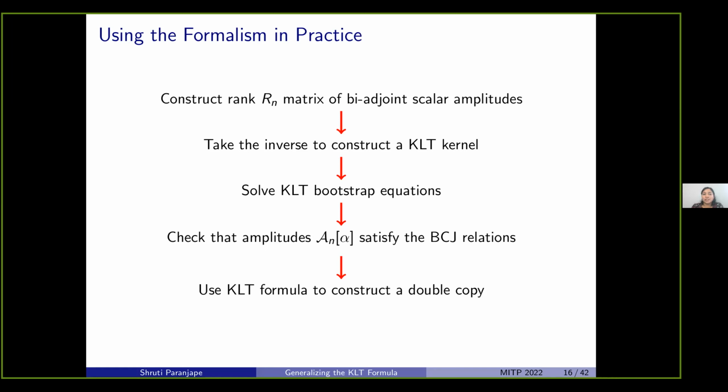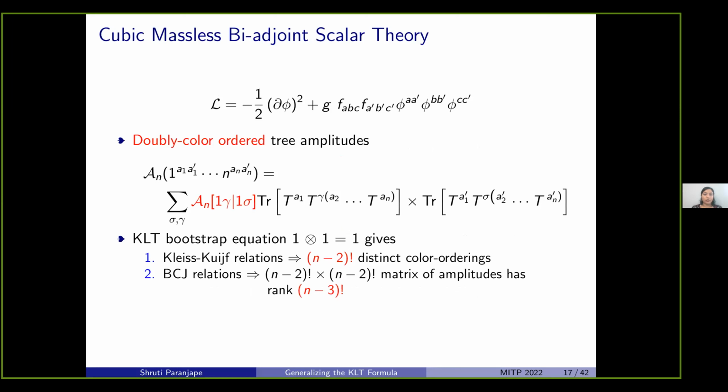So let's see how this works in the usual case in the field theory leading order BCJ. Okay. So there you have the bi-adjoint that you're dealing with. The identity element that you're dealing with is this theory over here. And this theory has these doubly color ordered tree amplitudes that look like this. So clearly, because of the cyclicity of the traces, there are (n-1)! squared number of amplitudes sitting in this matrix over here. And the KLT bootstrap equation basically gives you further relations between these (n-1)! squared